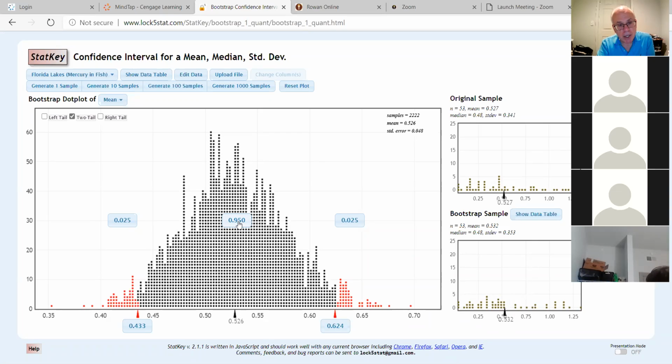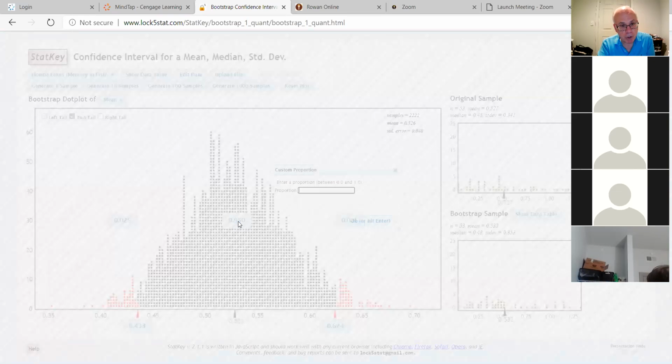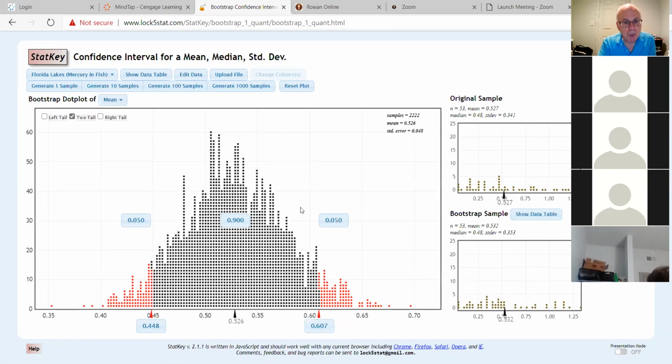If I lower this to a 90% level of confidence, do you expect this interval to be more narrow or less narrow? More narrow, right. So let's see if that's true. We're going to change this to 0.9. Make sure you write it as a decimal. And now we see it's 0.448 to 0.607. Definitely more narrow. The distance between 0.448 and 0.607, we subtract those two numbers, it's smaller than